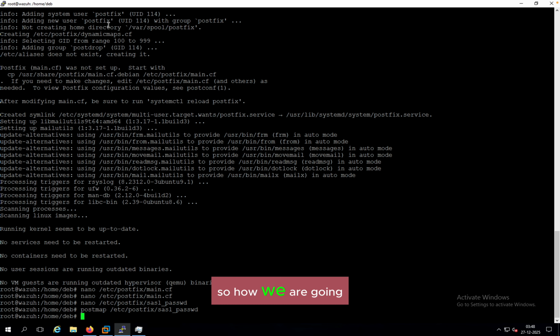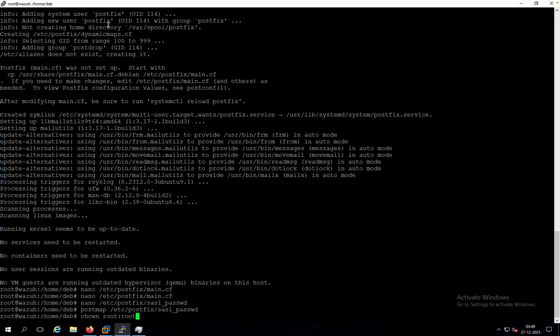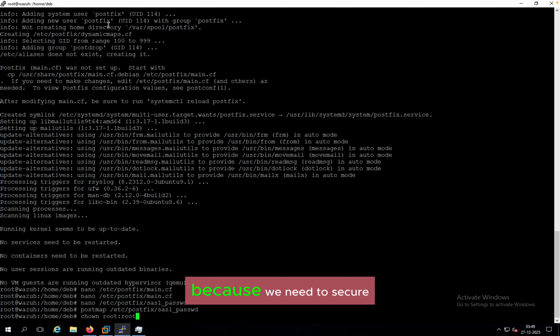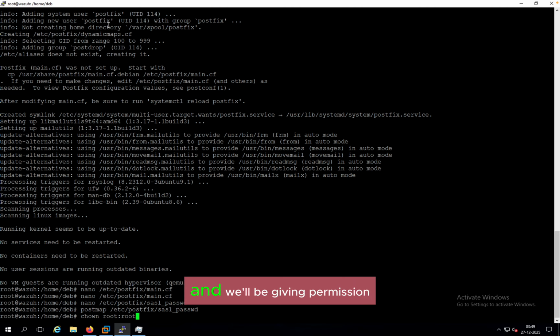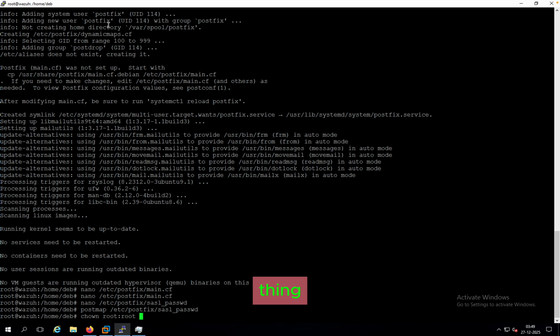Okay, so how are we going to give permission? We need to give permission with chown root:root, because we need to secure our DB so that only the root user has full read and write access to it. This is the main concept, and we'll be giving permission to this file, because in this file the passwords are saved in clear text. We need to protect that. So let me just write down /etc